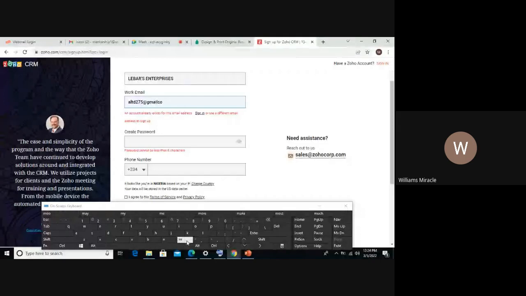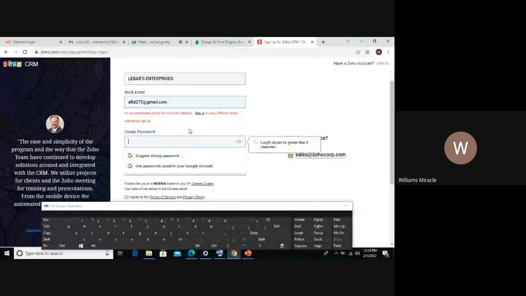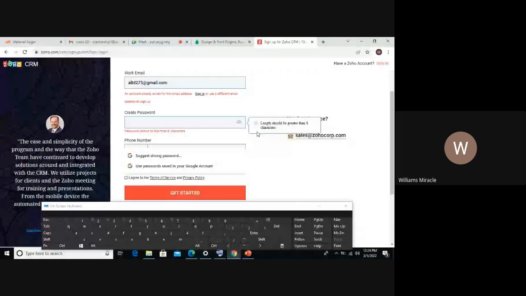These are my own email addresses. So when you're signing up, ensure you use your own mail address and make sure it is a valid mail. So we can use this alimited275@gmail.com. Then we can proceed to create a password, and the password has to be strong.